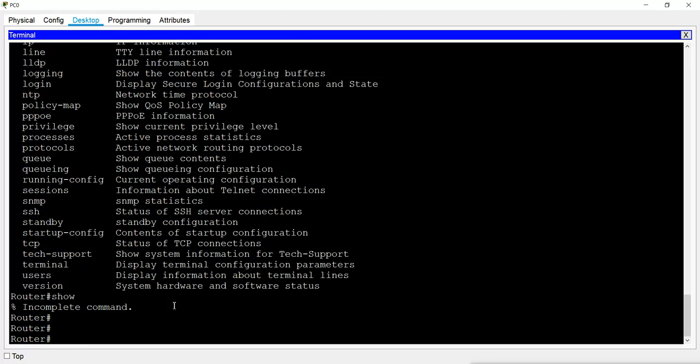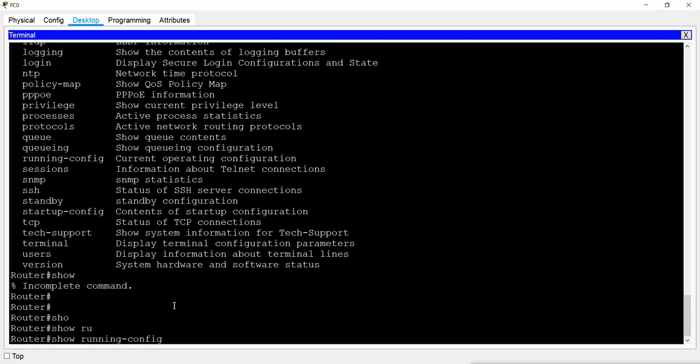Now in this router we don't have any running configuration, we don't have any saved configuration, because I started the router and this is the first time it is started. It is a fresh router and does not contain any configurations, so it will not show any configuration, not even in RAM and not even in NVRAM. So it will show the default configuration of running, that is RAM.